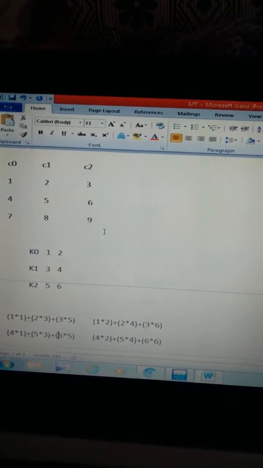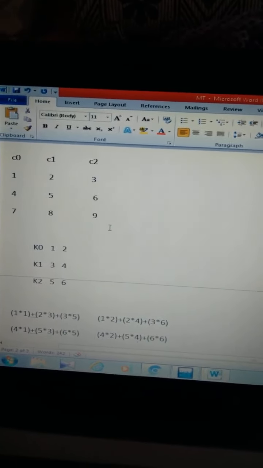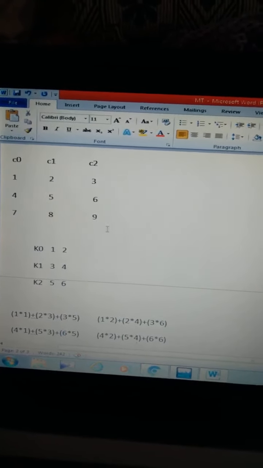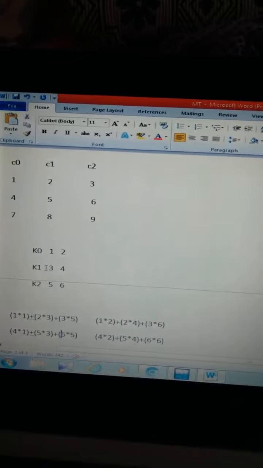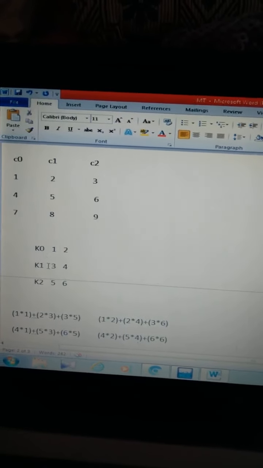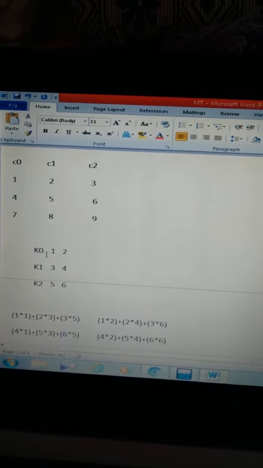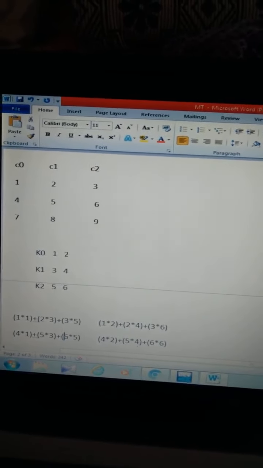If both matrices are of order 2 cross 2, then the K value should be 2, that is 0, 1, starting from 0. If 3 cross 3 and 3 cross 2, then K's value will be 3. So we have taken K here.